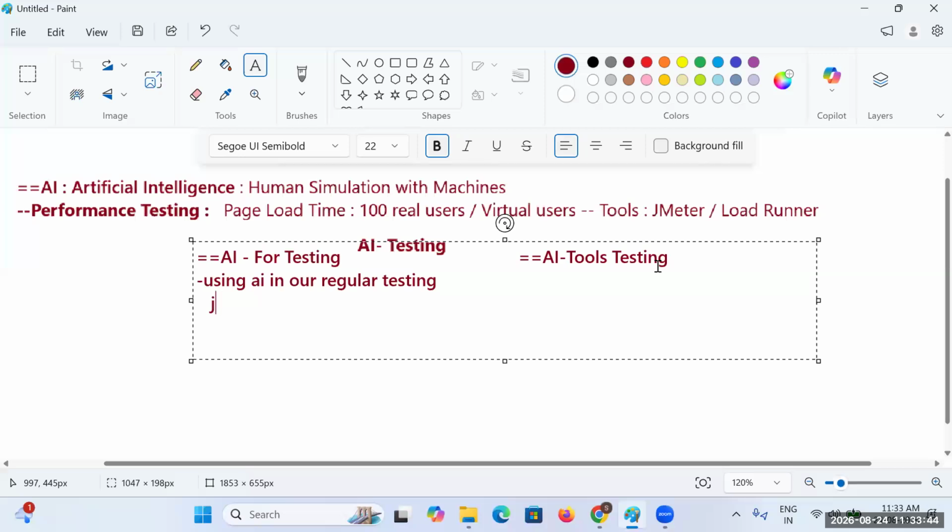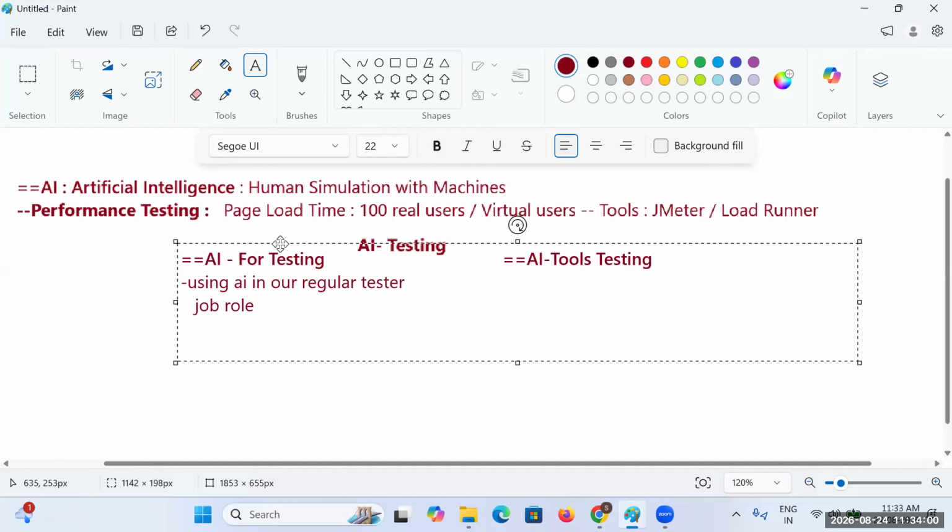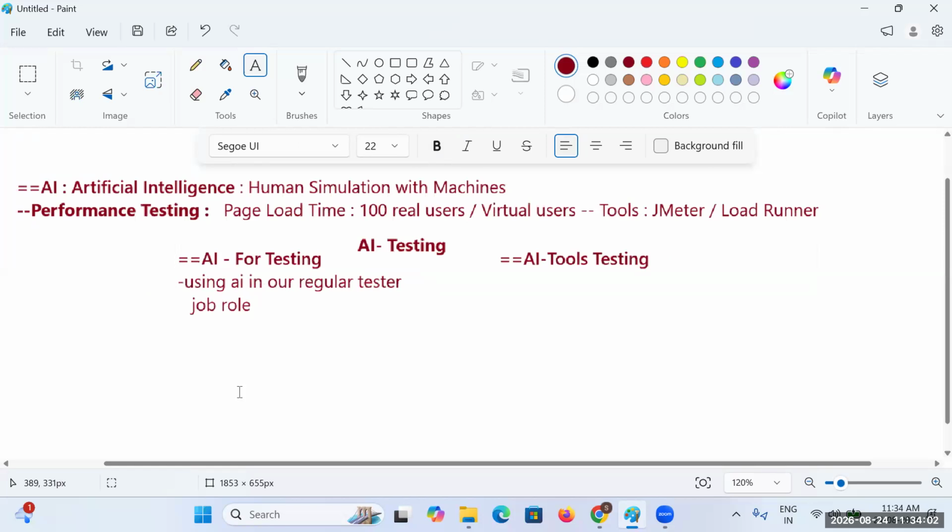In the regular tester job role, how exactly can we use this aspect of AI? That is what we'll be discussing in the concept of AI for testing.